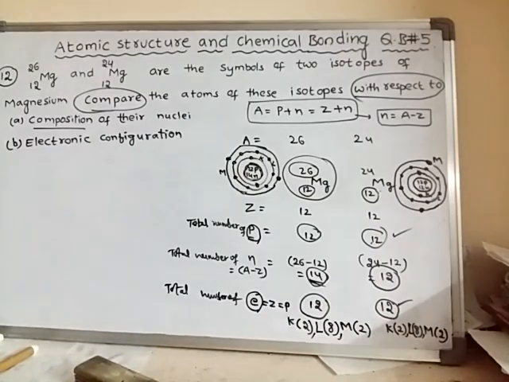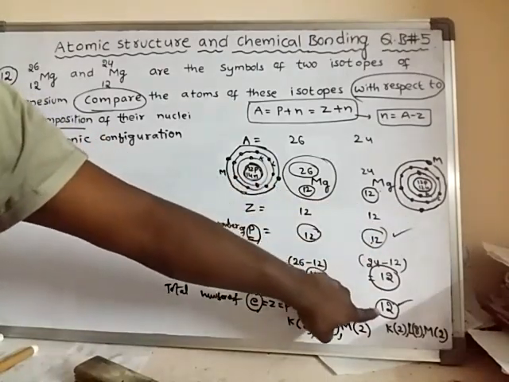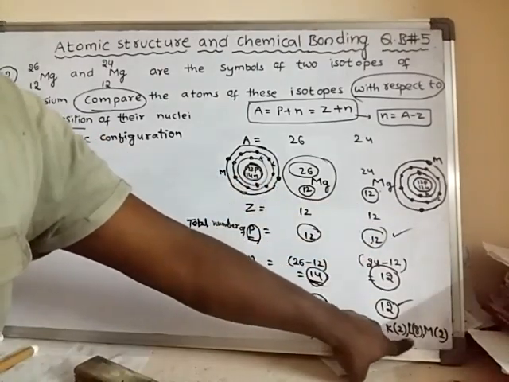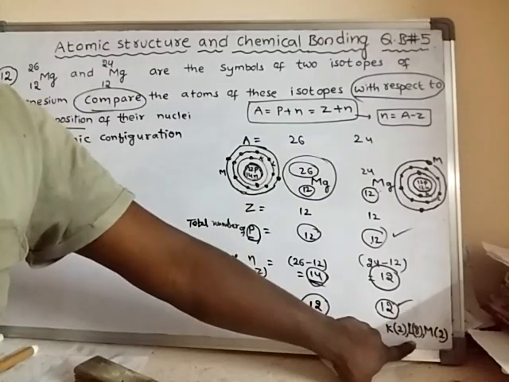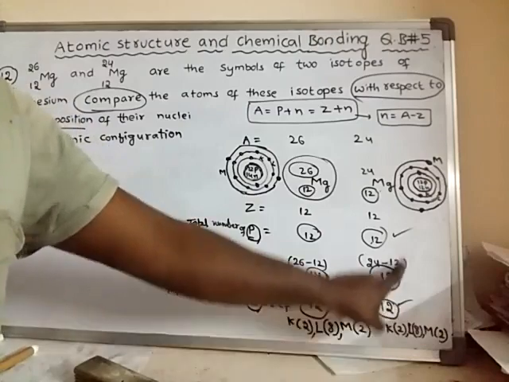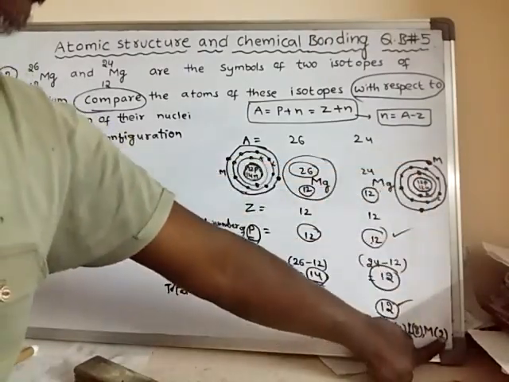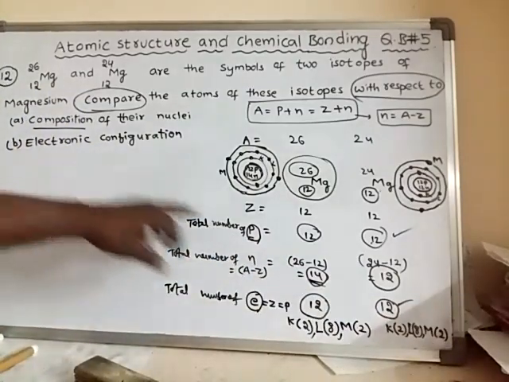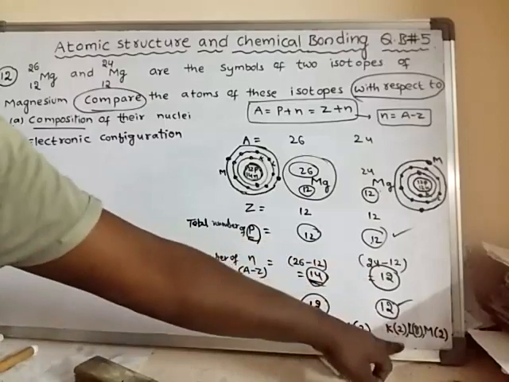So the M shell has a capacity of more than 2 electrons, but in this particular atom, as there are only 12 electrons, altogether 10 electrons are finished in the K shell and L shell. That is why only 2 electrons are left over in this atom, and those 2 electrons are present in the M shell, right? So this is called the electronic configuration of this atom.